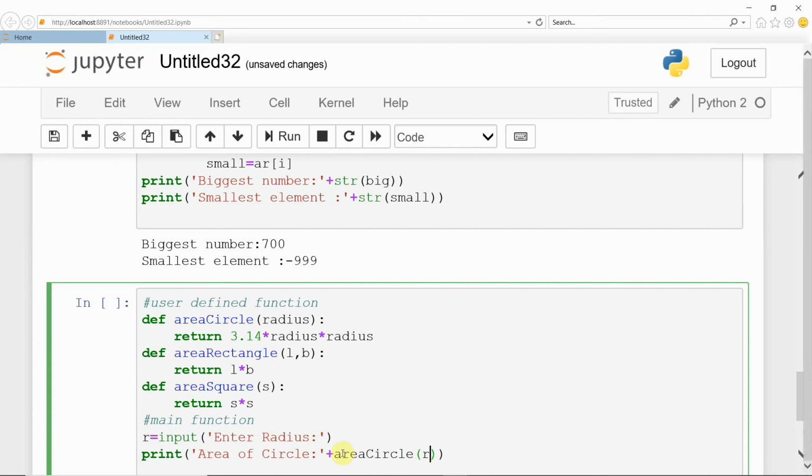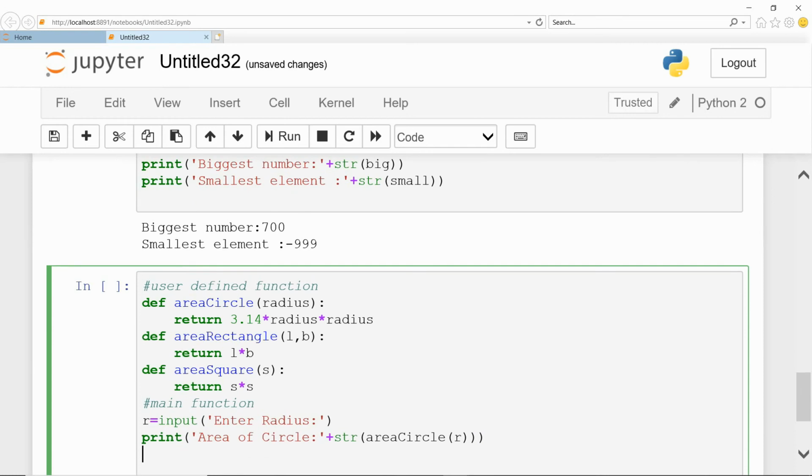Whatever it returns, it is required to convert into a string by using the str function. Next, if you want to call the function area of rectangle, first you input length and breadth.